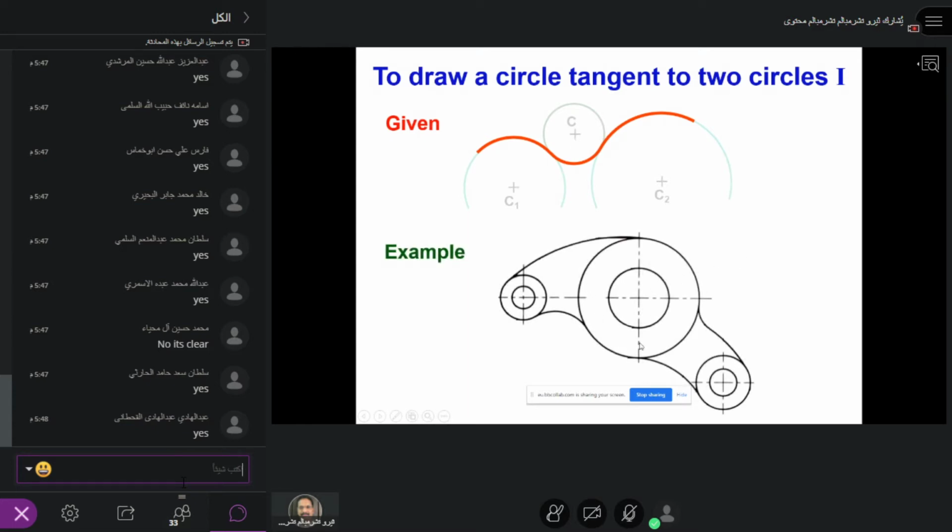So you know this is a cam, which is very popular in cars. If you open the car engine, on the top of the engine you will see this rocker arm. This is the rocker cam. Can you see how they do this? This is what we're trying to make, this one here and this one here. It's a difficult